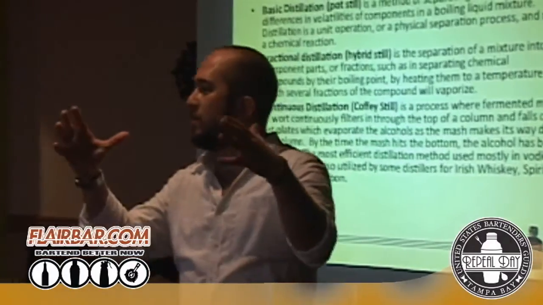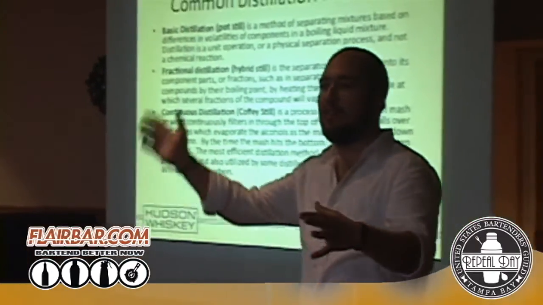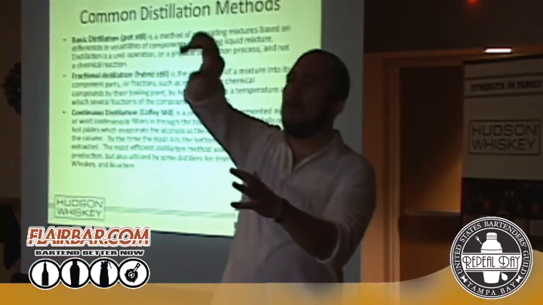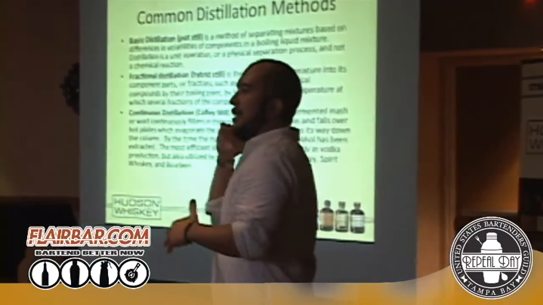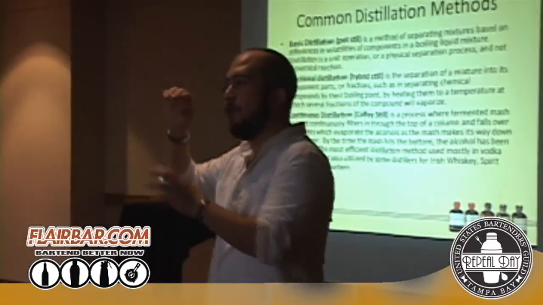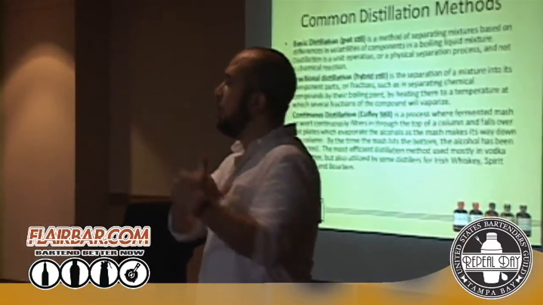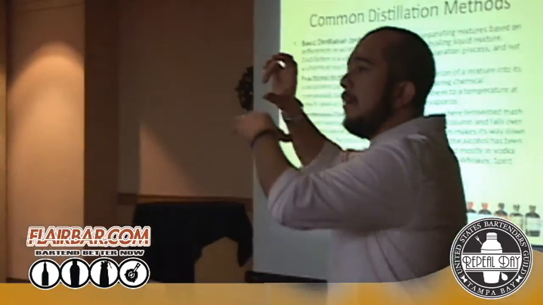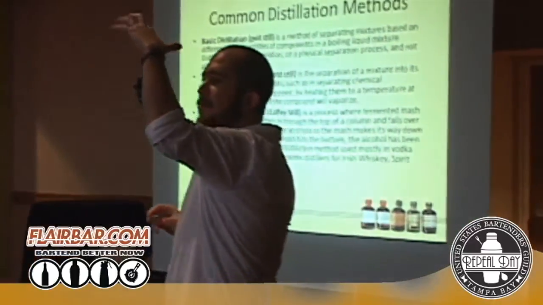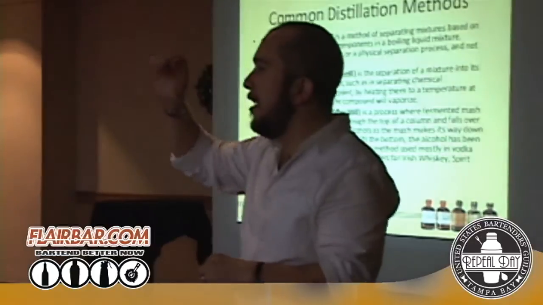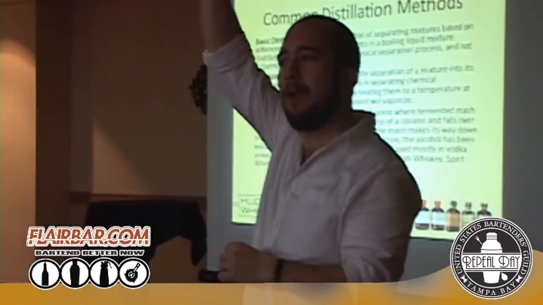If you think about our pot stills, we've got a steam jacket around that pot still. You put the fermented mash in there, and the heat source is on the bottom of the pot. As the vapor goes up through the helmet and then hits the column, each plate on that column is going to be a different temperature. When it hits that first plate on the column, it's going to be cooler than the pot was, so it's going to condense, and it'll sit there until that heats up. Then it's going to bubble up again to the next plate as it evaporates. That's going to be a different temperature, and it's going to condense. It's basically redistilling its way all the way up the column.